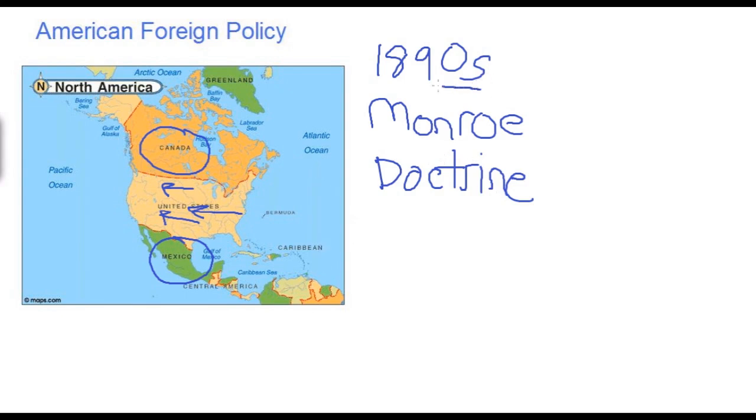But beginning in the late 1880s and 1890s, the United States begins to grow more interested in issues going on in the Atlantic, in the Pacific Ocean, and elsewhere in the world, especially within the Caribbean itself, the issues that were going on in the islands and countries of the Caribbean. And we began to see a renewed focus in expansion from westward expansion, growing west across the continent, to international expansion into the Caribbean, to the Atlantic, to the Pacific Oceans, particularly for a number of reasons.